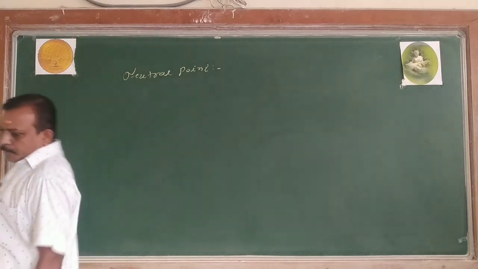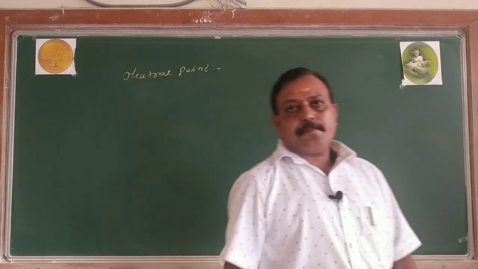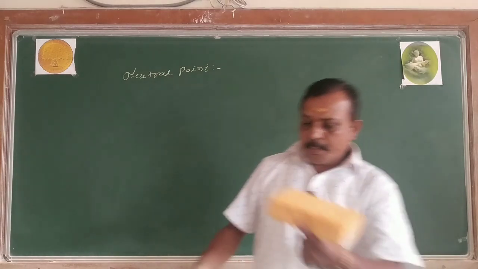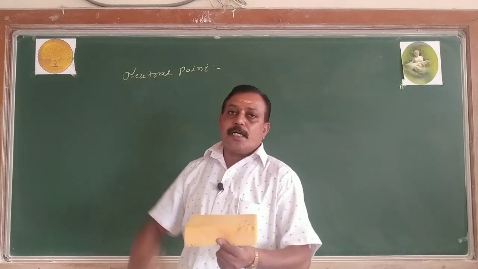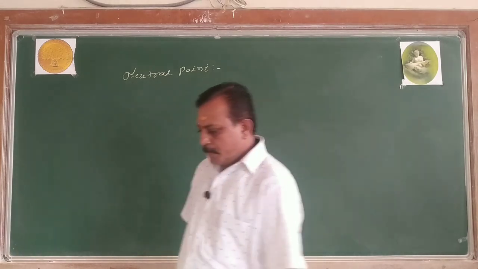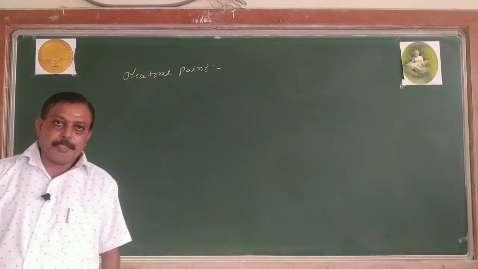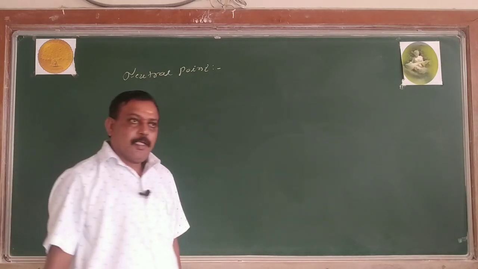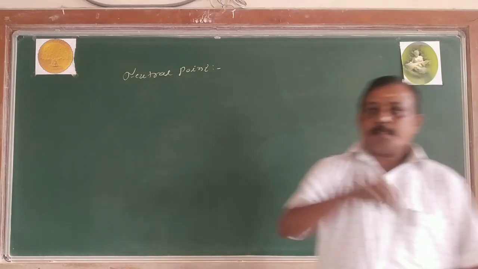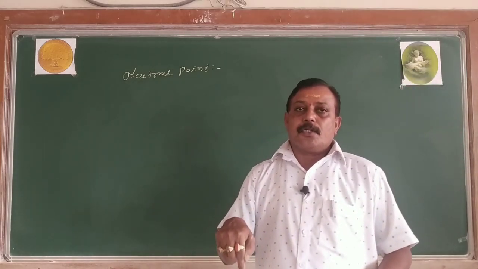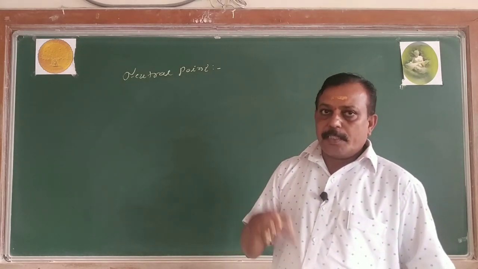When you take the magnet, it gives what? Its magnetic field. And it is placed in the earth. Earth possesses its magnetic field. The magnetic field of the earth is considered to be here, BH, the horizontal component of the magnetic field of the earth. There are two fields. One is the magnetic field produced by the magnet. Another is the earth's magnetic field, since the magnet is placed on the surface of the earth. That magnetic field of the earth is taken to be the horizontal component, BH.